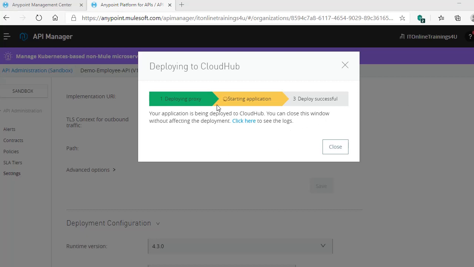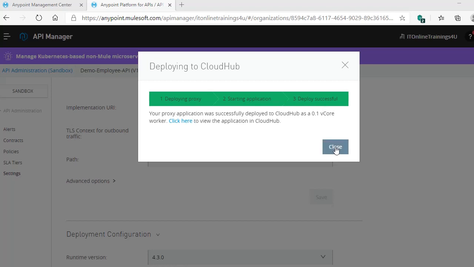It will take a couple of minutes, 1 to 2 minutes, to complete this deployment. See, the deployment is successful. You can just close this window